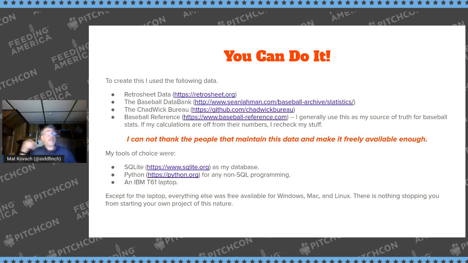And I will go and check that on baseballreference.com to see if my numbers are matching. I generally assume they're right and I'm wrong if it's not matching.